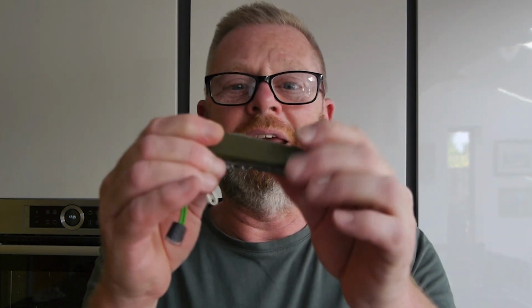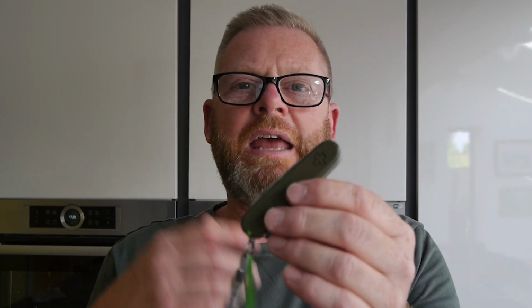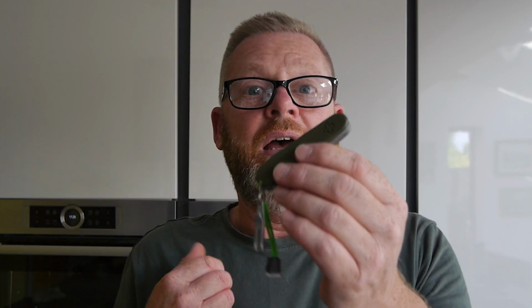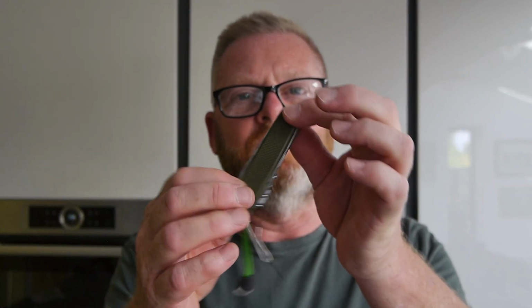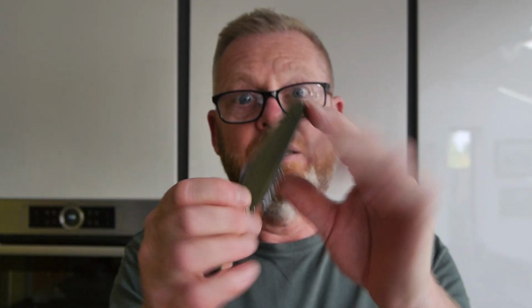So listen, that's worked really well for me. It's a very robust scale. Over time, I'll show you some of the marks and scuffs that you get generally with the standard scales that come with the Victorinox knives, the Cellidor ones. I expect this will be a much tougher material and will mark a lot less. But it doesn't really matter. It's a working tool, and